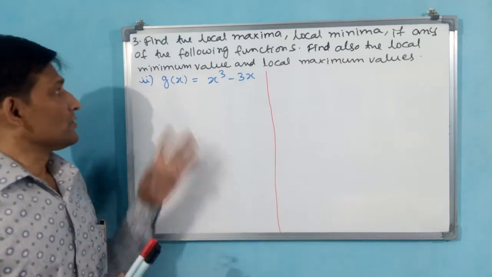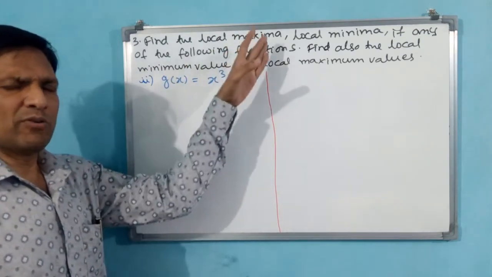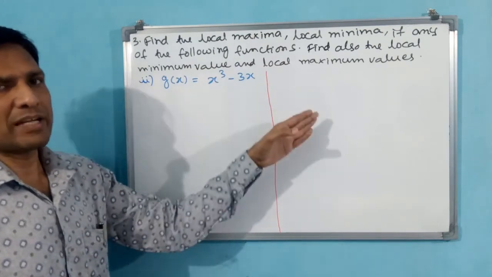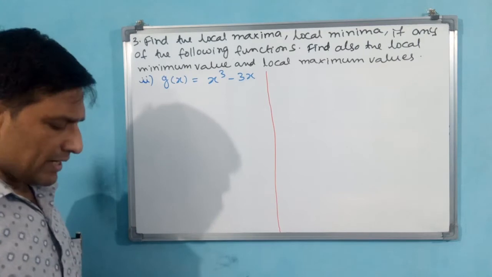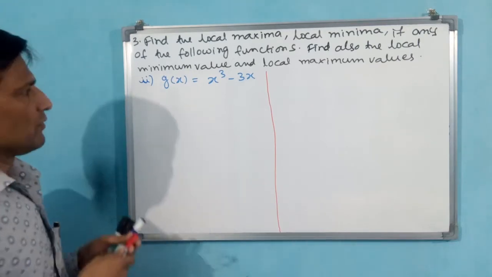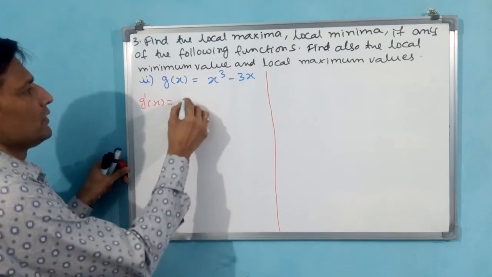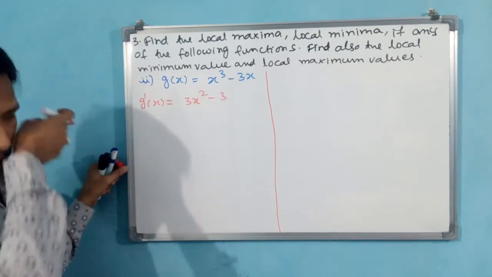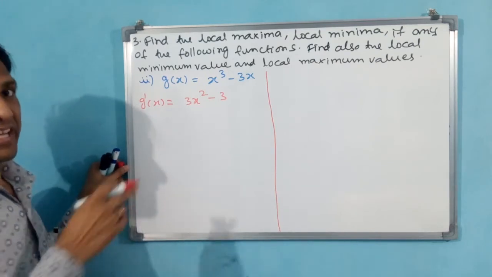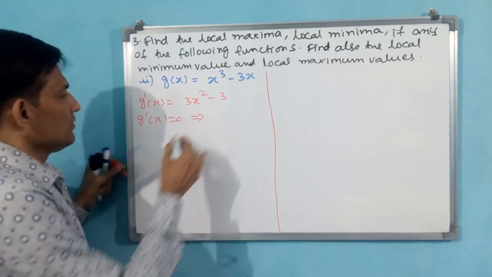See, this is the second part of our third question. Same, local minima, local maxima, local minimum value, local maximum value, how to find. g of x they have given. Same like earlier, we will do the first derivative. First derivative means what? g dash x is equal to 3x square minus 3. You have to make it equal to 0. Then g dash x equal to 0 gives,